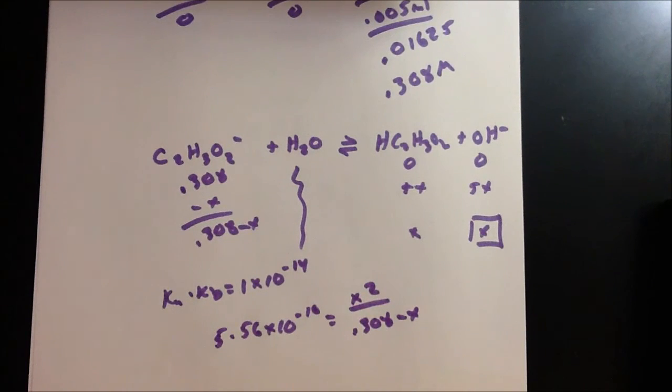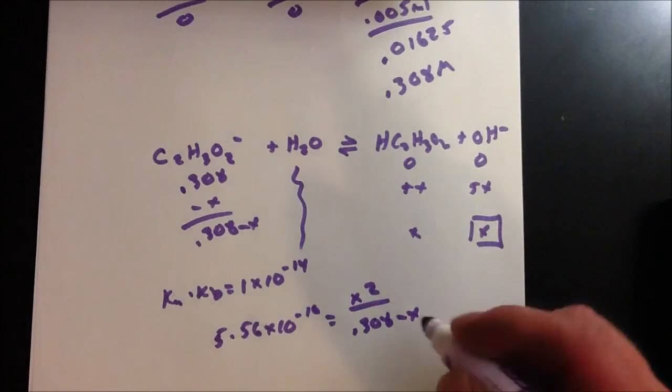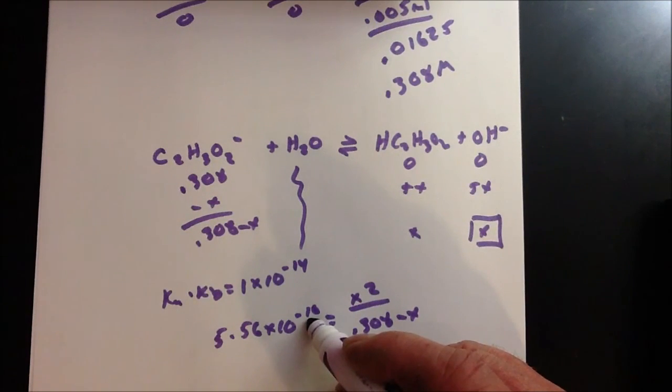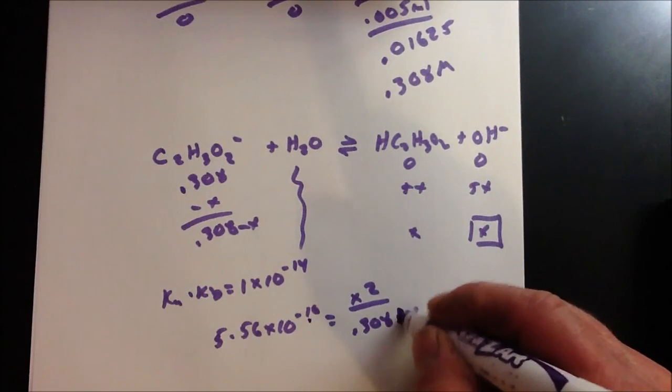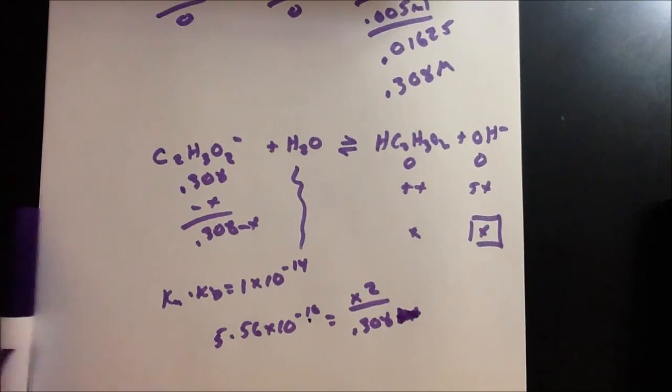Your A term will be a 1. Your B term ends up being 5.56 times 10 to the negative 10, and your C term is whatever the product of negative 0.308 times 5.56 times 10 to the negative 10 is, and you can do that, but also, really low value here, low dissociation constant, low Kb value. So this X is going to be insignificant compared to the 0.308, so I can solve this without the quadratic